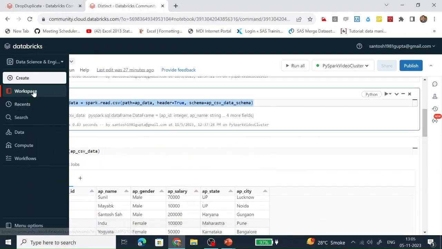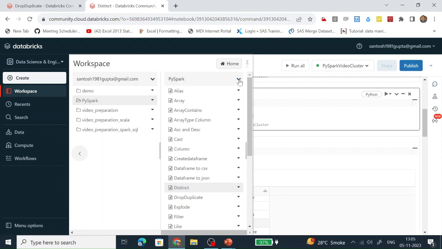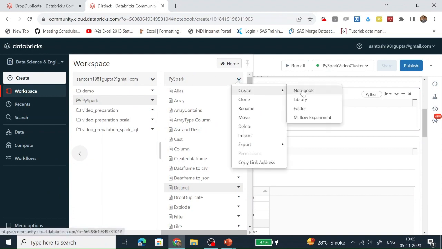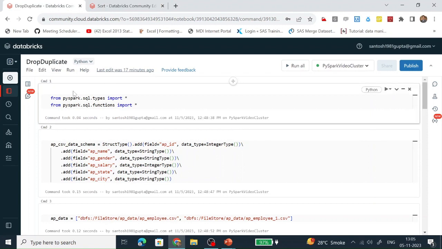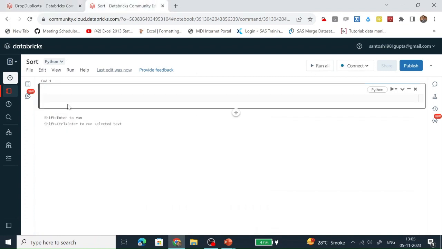Let's create a new notebook. Name it sort. Let me copy the code up to where we are creating a data frame by reading a CSV file.